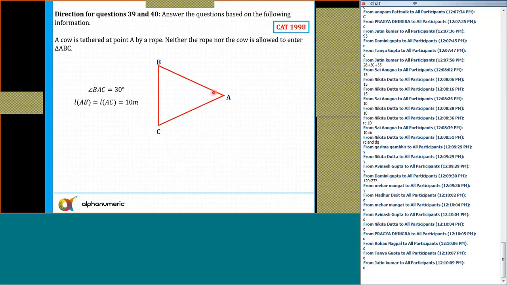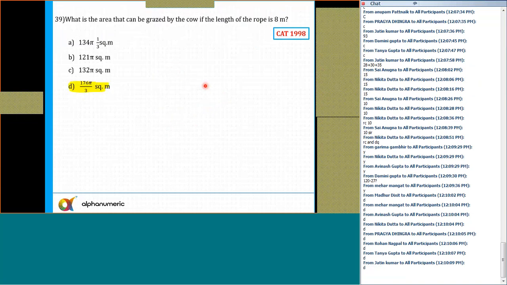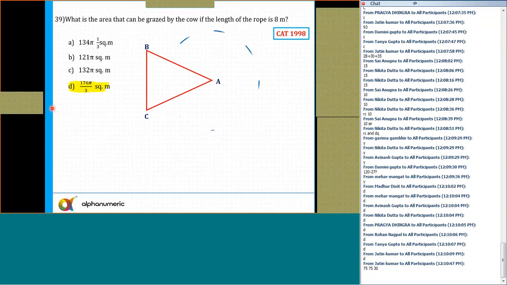Angle BAC is equal to 30 degrees. So this angle is 30 degrees. And the lengths of AB and BC are equal to 10 and 10. Okay, so this is the figure. Now remember, the length of AB and BC is 10. So I can say it will be like this. So can I say this angle is equal to 30 degrees. This angle is equal to 30 degrees. So this angle will be equal to nothing but how much?